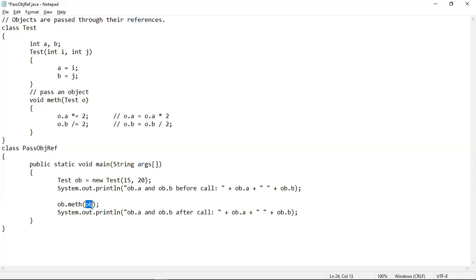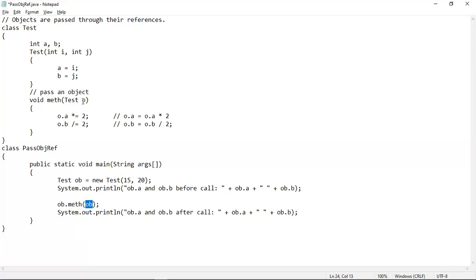And the parameter that has been written in the called method, inside these two parentheses, we have written a parameter o. This is the formal parameter. So the parameter that we write inside the pair of parentheses of the called method is known as the formal parameter. Here in this case, o is the formal parameter, which is a reference variable, and ob is the actual parameter, which is an object of the test class. Now whatever changes we make using this o also get reflected in ob.